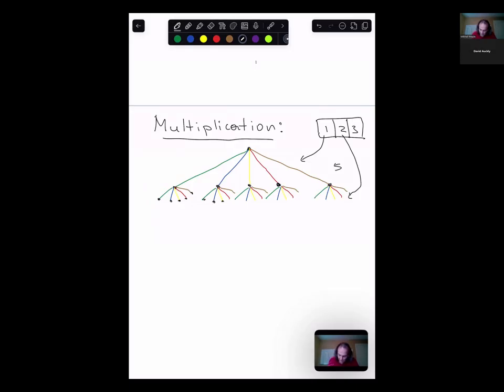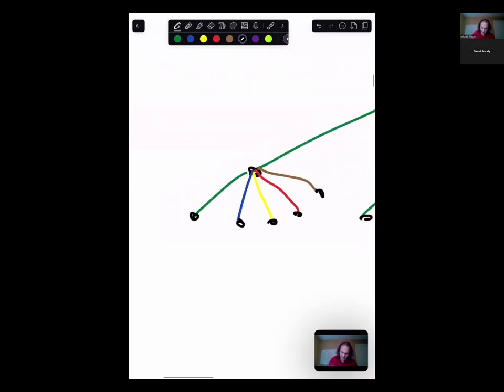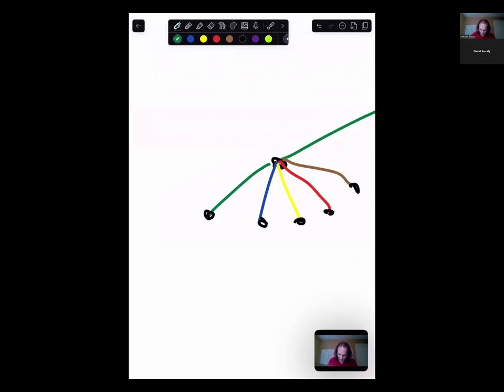Well, we have 5 times 5, right? Because for every 5 ways on the first step, we have 5 ways on the second step. So we multiply 5 times 5. And then on the third step, what happens? It will be really hard for me to draw because there are too many ways. But essentially, for each way, we'll have five different options for the third box,